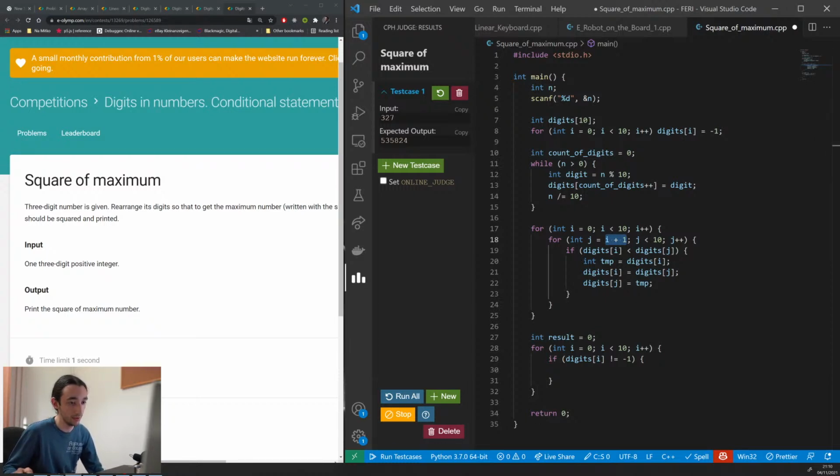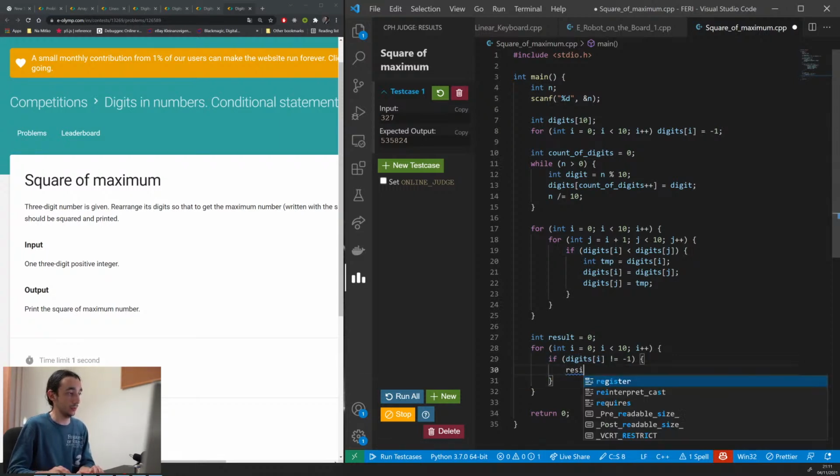YouTube is saying something is wrong with the stream. Can you tell me at which line you think I am wrong? Temp is digit I, I'm overriding this, and then I'm... okay, we'll see. If digit is not -1, then what I want is I want the result to be